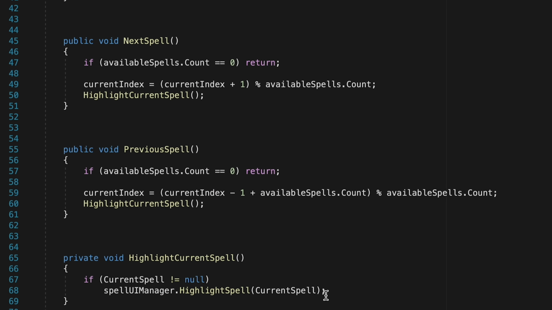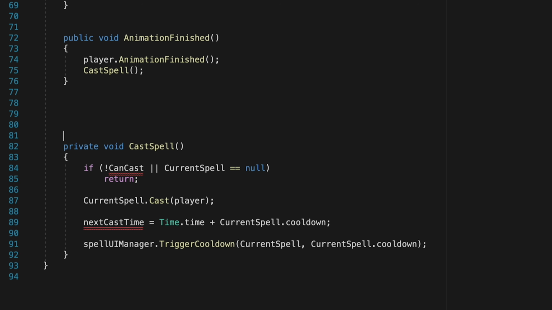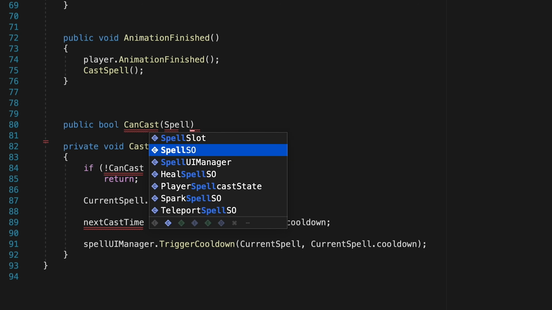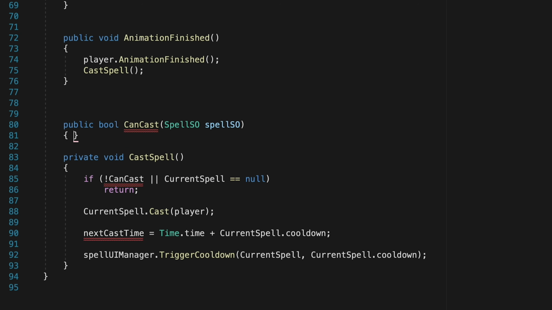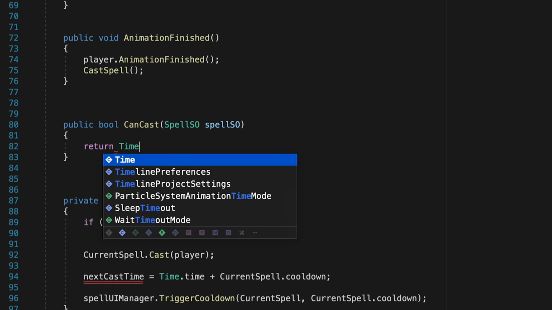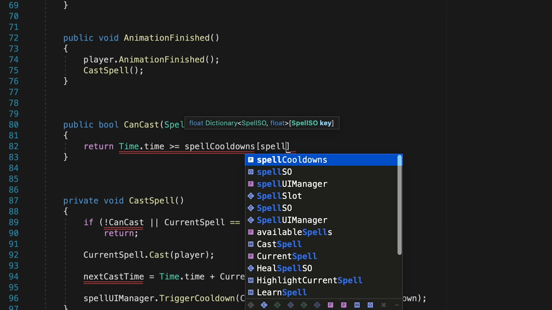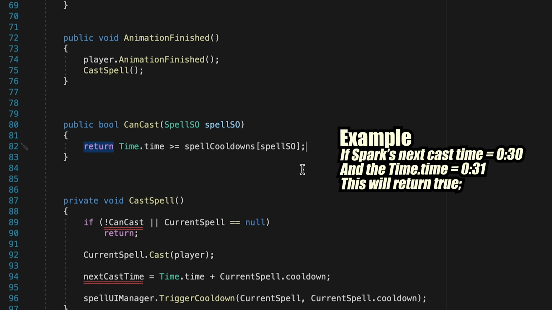Now, if you scroll down a bit, you'll notice our cast spell method is a mess. Don't worry, we'll get to that in just a sec, but first we need to replace our can cast property we got rid of. This is now going to become a full method, and it's going to return a bool, a true or false value for whether or not we can cast. It's also going to take in a spell SO, as we'll be able to ask it by giving it a spell whether or not we're ready to cast that specific spell. Now each time we call this method, it's just going to ask a question. So is the current time, so time.time, greater than or equal to the spell cooldowns entry for the spell that